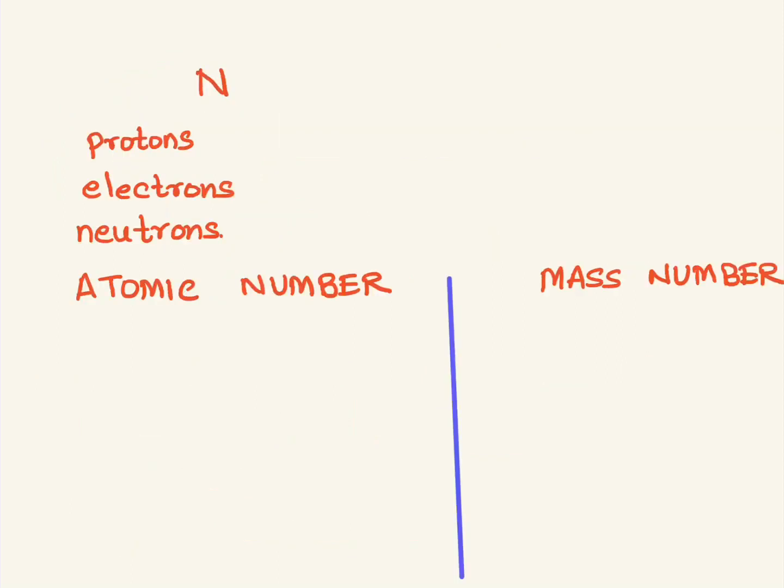So I'm saying here nitrogen. We are saying that it has 7 protons, 7 electrons and 7 neutrons, right? Further on, we gave two terms, atomic number and mass number. What is atomic number? From the knowledge that you have of atomic structure, would you like to give it a try? Would you like to write down the definition of atomic number in your notebooks?